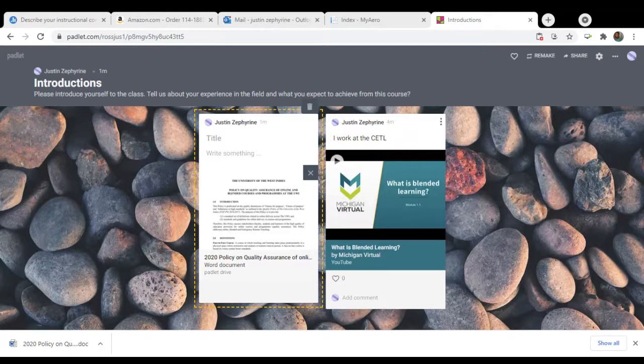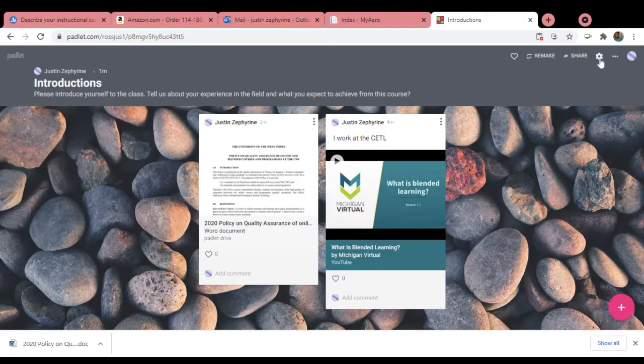The reason I'm saying this is because one of the things that Padlet will do is produce. Remember, I said it's good if students have to create a sort of report or portfolio at the end of a course. Padlet can do a couple different things. So when you go to share, go back to share at the top of the screen.